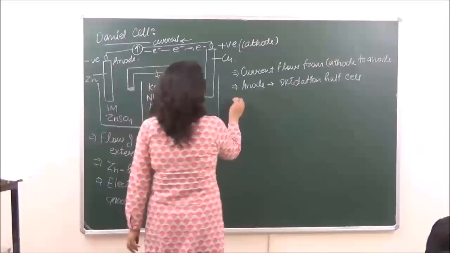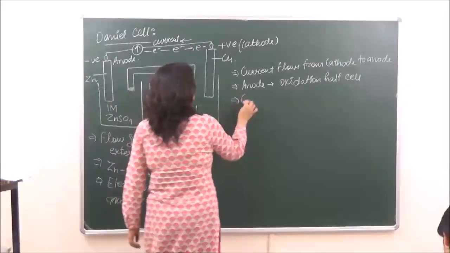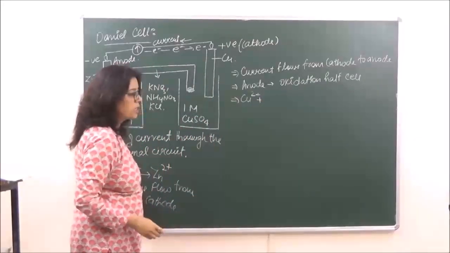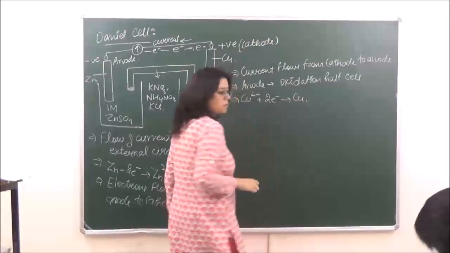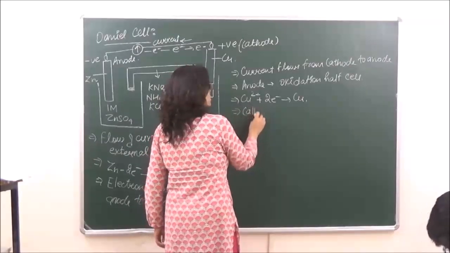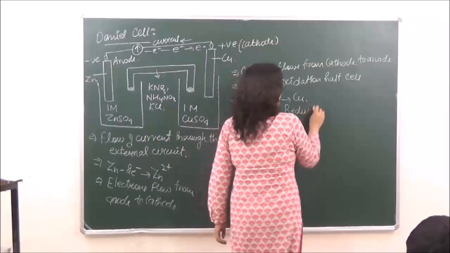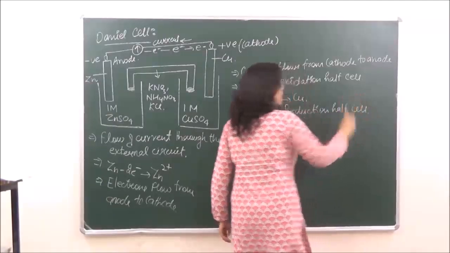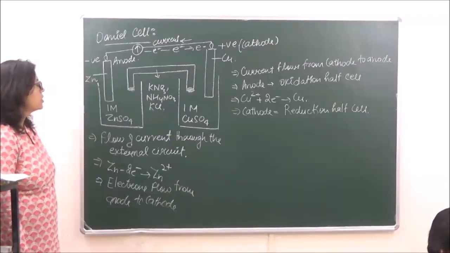Now at the cathode what is happening? The other side, the right hand side of the cell, that is Cu2 positive in the solution. It is entrapping all the electrons which are coming from the anode. So Cu2 positive plus 2 electrons to give Cu. Right? This is the reaction which is taking place at the cathode. So always at the cathode reduction is going to take place, and in the galvanic cell this is known as reduction half cell. Okay, cathode is known as reduction half cell.